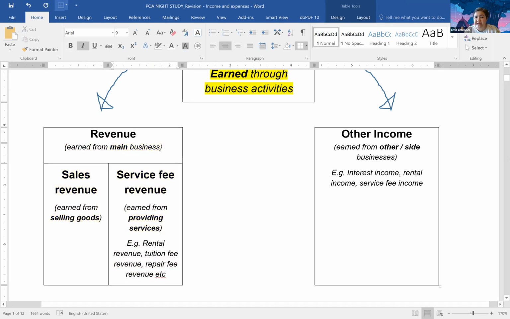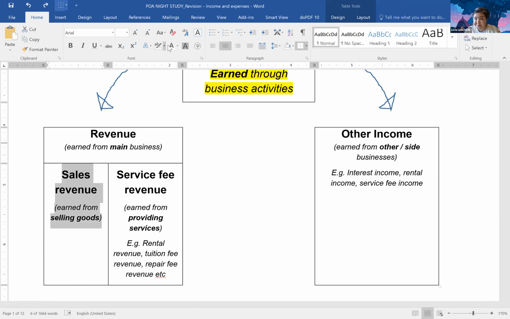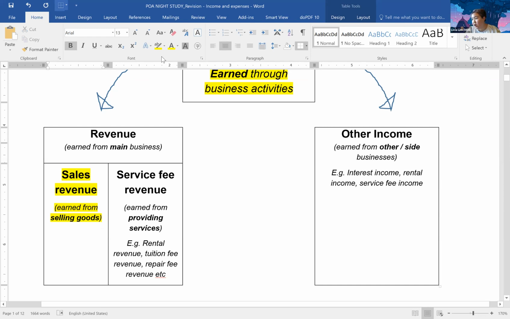Revenue really is income that you earn from your main business. Now, just now we used the example of Courts. When Courts sells furniture, they earn a sales revenue. You earn this money from selling your inventory, selling your furniture. Now, we also know that Courts